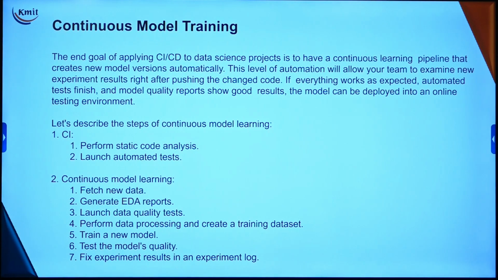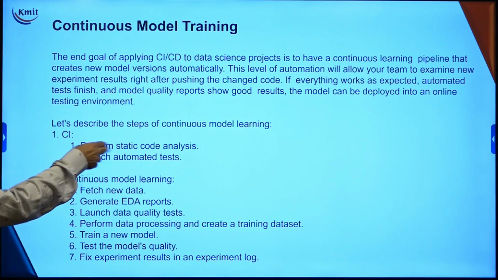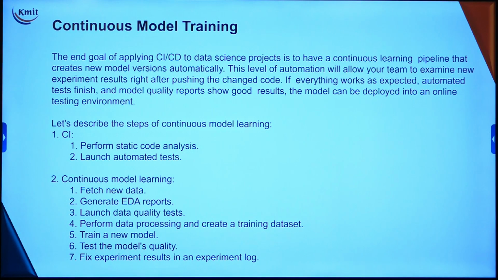Continuous model testing. Okay, so let me describe continuous model testing. We have CI, that is continuous integration: perform static code analysis and launch automated tests. We have already seen CI/CD. So CI is for performing static code analysis and launching automated tests, and the next one is continuous model